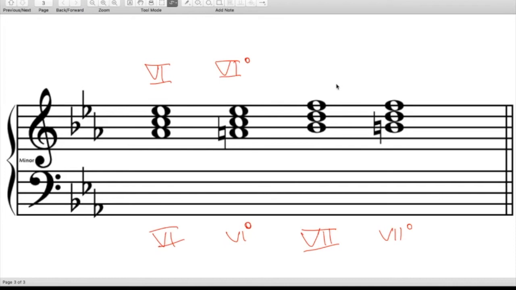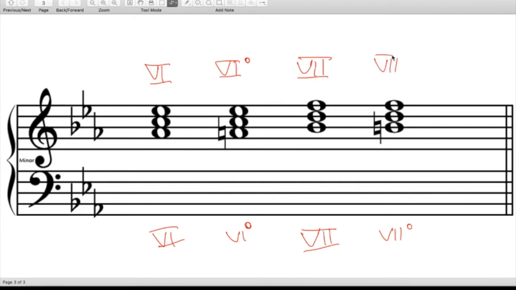And I mean, what could possibly have changed to make it a diminished triad? The root has changed. The root has changed because now this note derives from the melodic minor version of the scale. And same for this one. While I would analyze the B flat major triad the same as the extended Roman, if it becomes a B diminished triad, because of the root changing for whatever musical reason in context, then